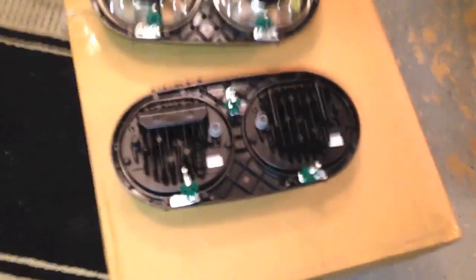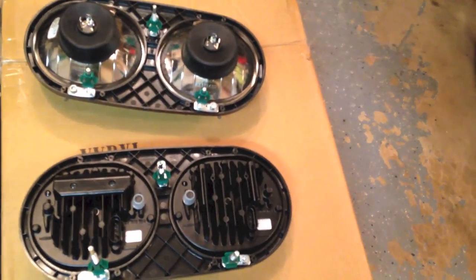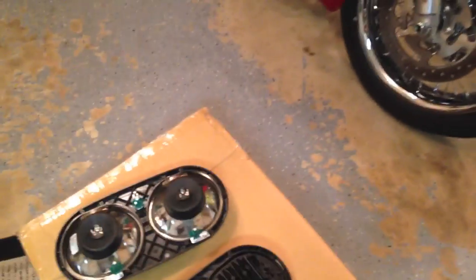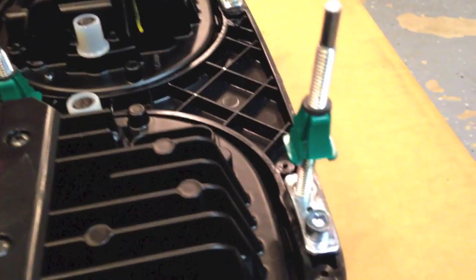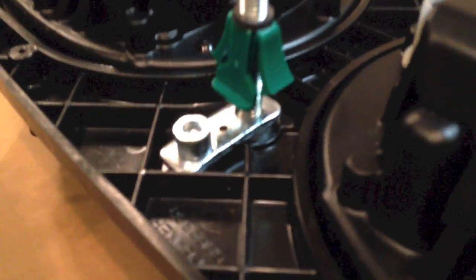Just compare them, even though they're a different type of light than the stock ones. The adjustments look identical, even though the ones on the LED lights have longer adjusting screws. They appear to be, at a glance, that the plastic clip on the old one here is just about as high up as on the new one here. And in the odd man out position back there, that low clip appears to be low on the old one. So I'm just going to stand them up, get them about as straight up as I can get them, and take a couple of measurements and see. Essentially, you can see right here, if it'll focus for you,